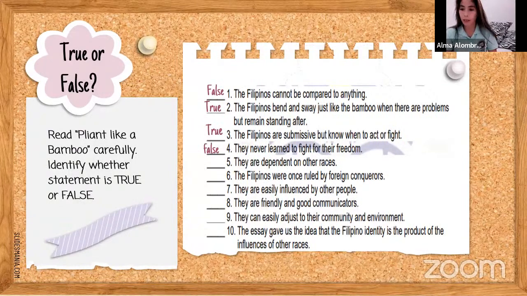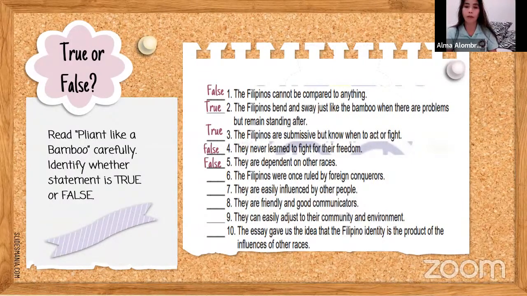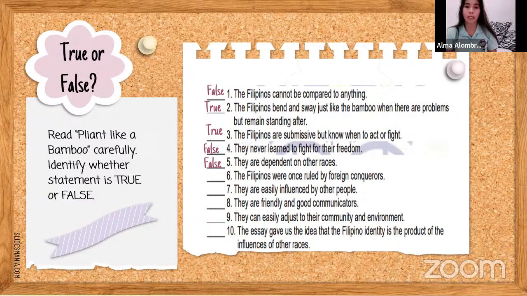Who should I call? Yes, Wayne. They are dependent on other races. False po, ma'am. Yes, perfect. False. They are dependent on the other races. They could be submissive, but they know when to fight. So they are not totally dependent on the other races. Okay, let's go for number